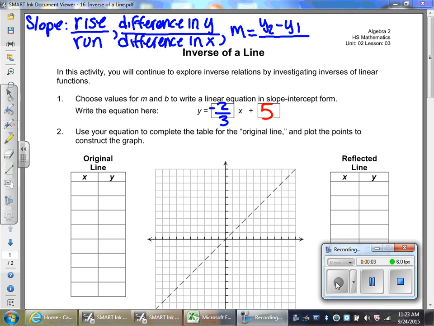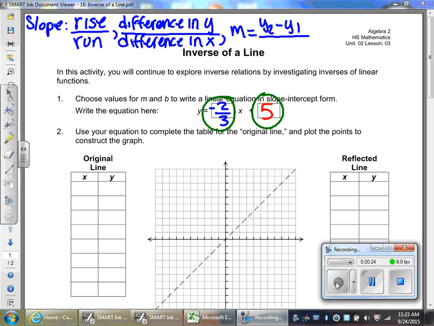Assignment, inverse of a line. We're going to review briefly what a linear function is with slope and the y-intercept. And what I want you to do is not to copy the numbers that you see here. After I am done explaining, then you will create your own function, and then you will plot your own function